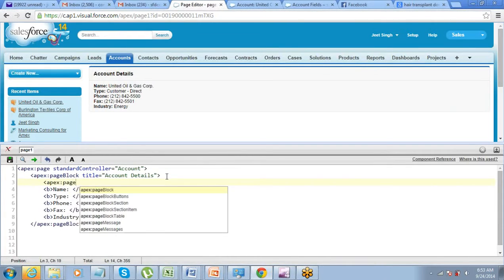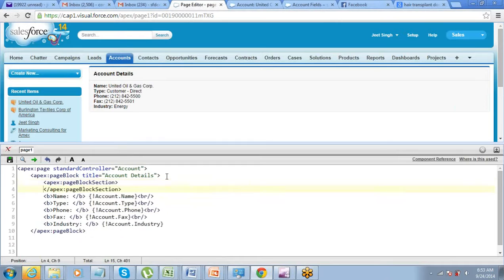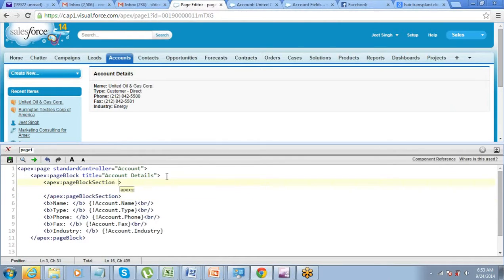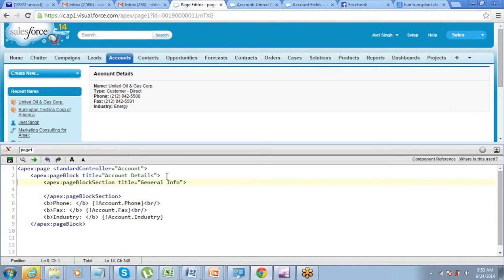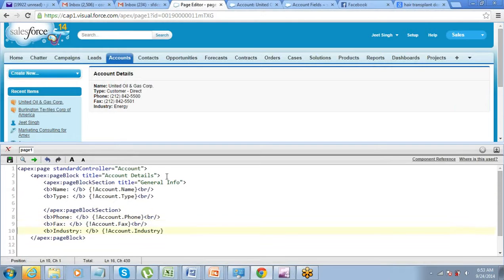Apex page block section. So let's say in page block section you want to put general details, or call it general info, and in general info you want to put the name, type and industry.